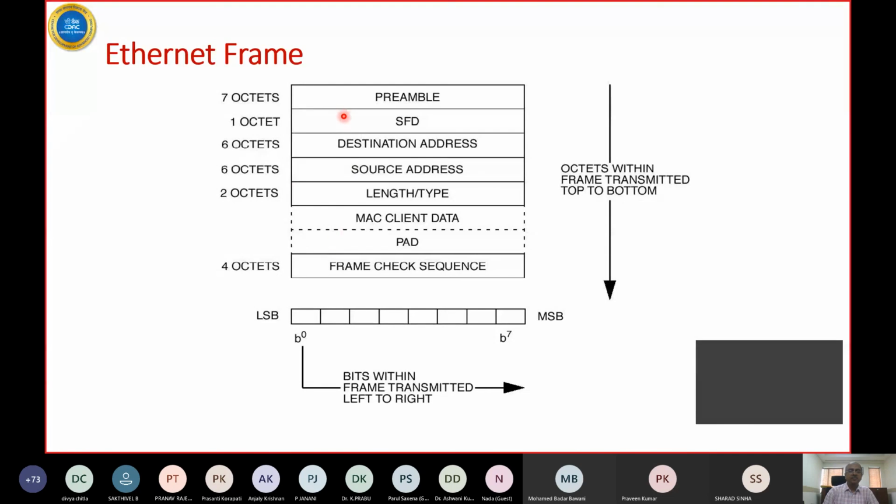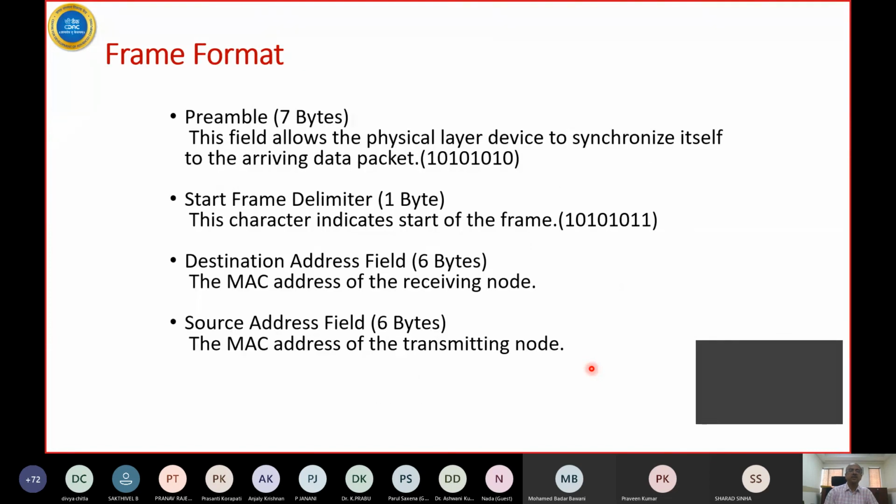So a typical frame looks like this: there is a preamble, then a destination address, then a source address, then the MAC address, the actual data, and that is how the bits are sent. Again, this is only for academic purposes because the controller handles all this. You as a user have to give just a packet. Okay. So without going into much detail, I think you can read this later. What are the definitions for this?